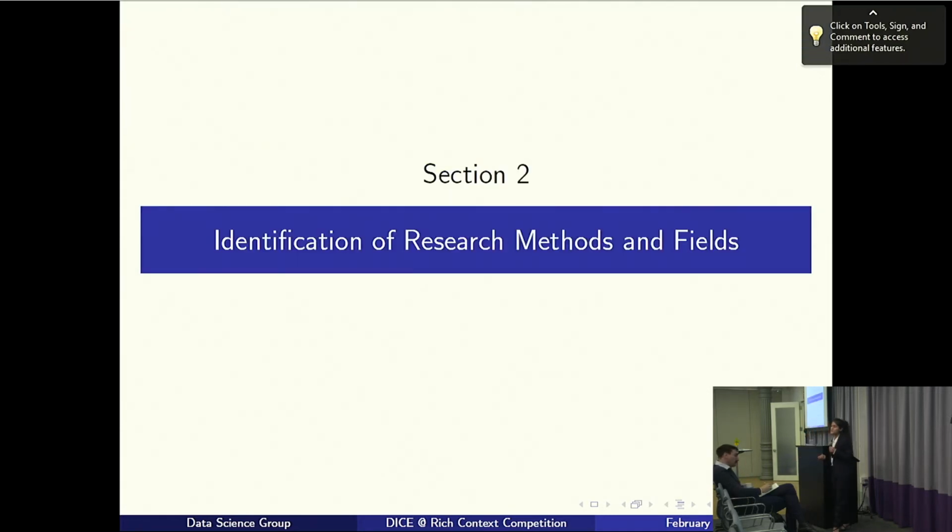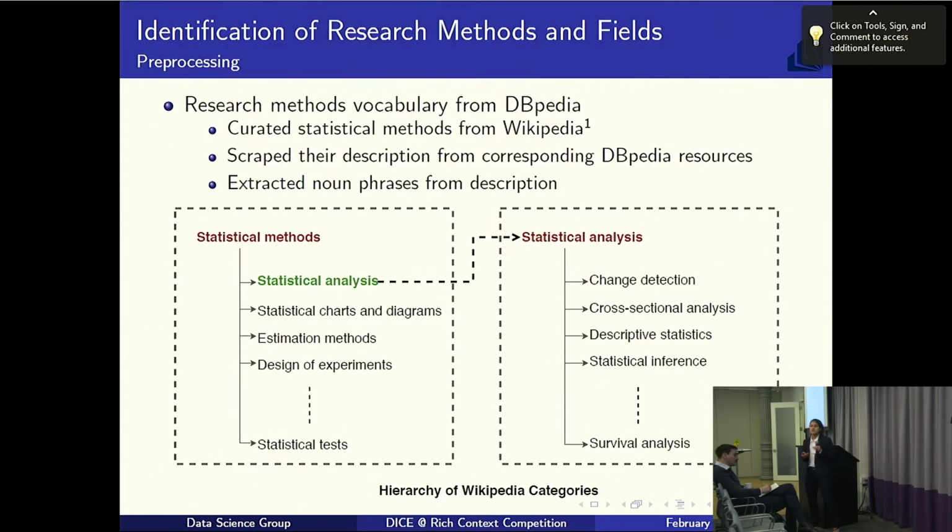Now, for identifying fields and methods, vocabularies played a very crucial role. In phase 1, we used the vocabularies that were given to us by Sage Publications, but in phase 2, we experimented a bit. So for research methods, we created our own